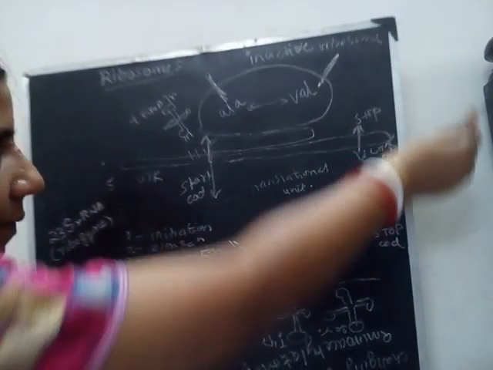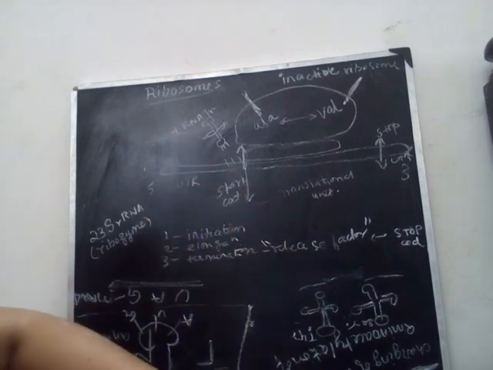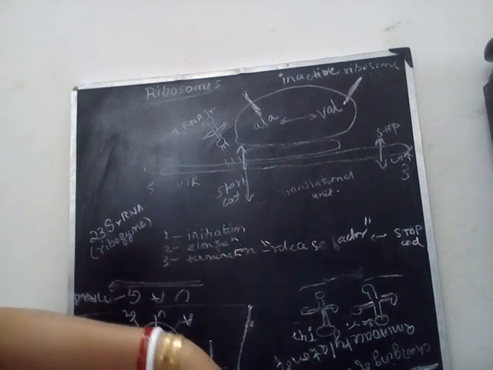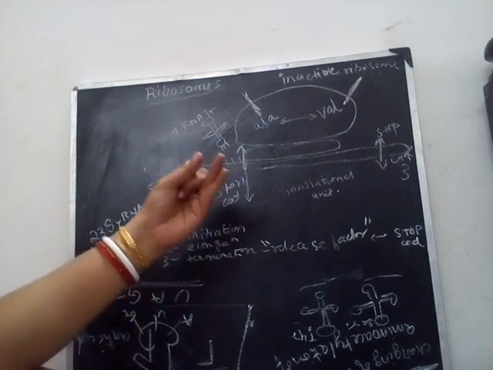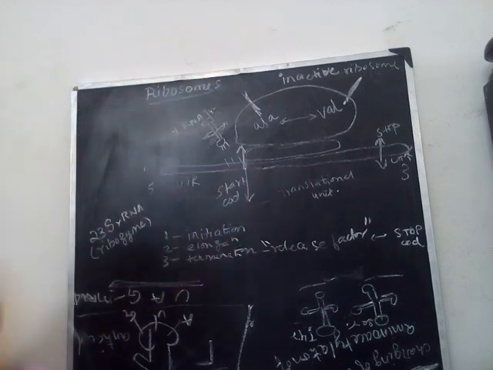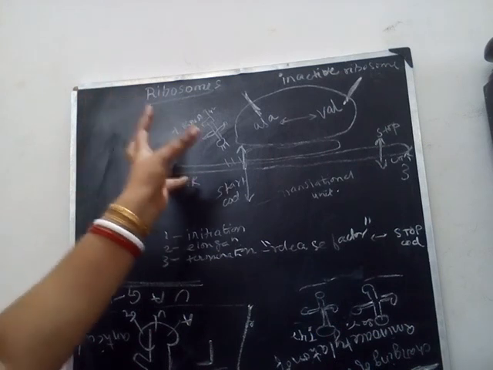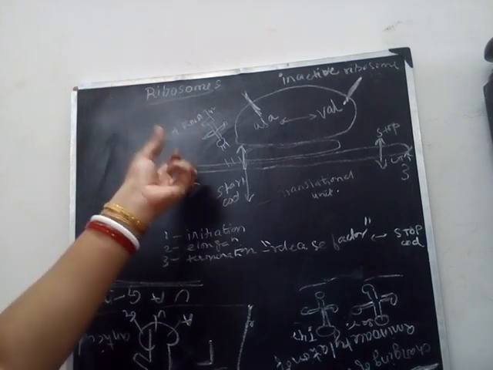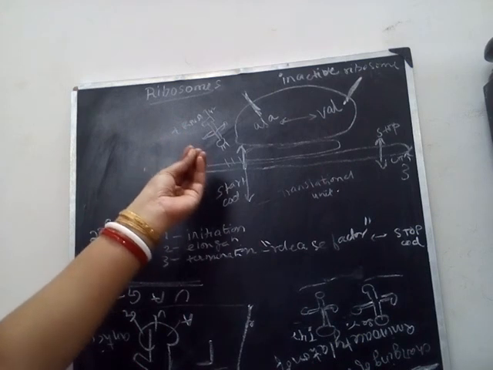Now next, coming to ribosomes. Apart from transfer RNA, what are the things that are going to play a role in translation? You need ribosomal RNA, you need messenger RNA, and you need transfer RNA. Now, how do the ribosomes play a role? Ribosomes are the organelles in the cell consisting of structural RNAs and about 80 different proteins. So ribosomal RNA also contributes to translation.